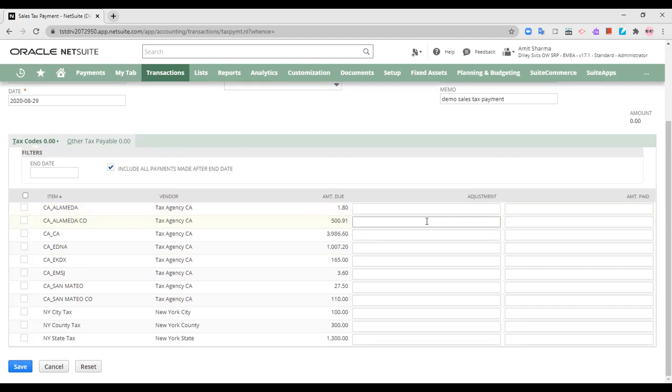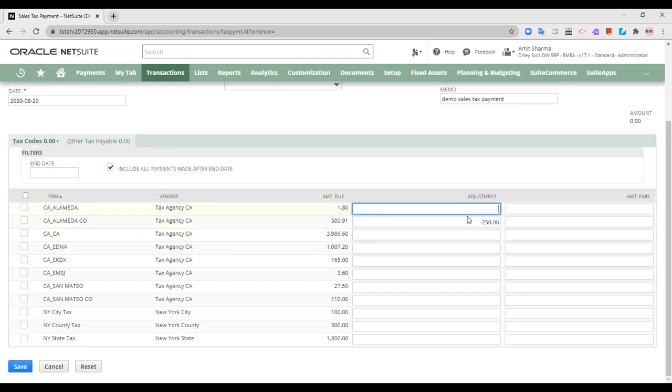In this tab, you will have to provide the amount in plus and minus forms. That is, if an amount needs to be added, you can just enter the amount over here. And if you want a rebate or a discount, that is, the amount should be deducted from the amount due, then you will have to provide a negative sign.